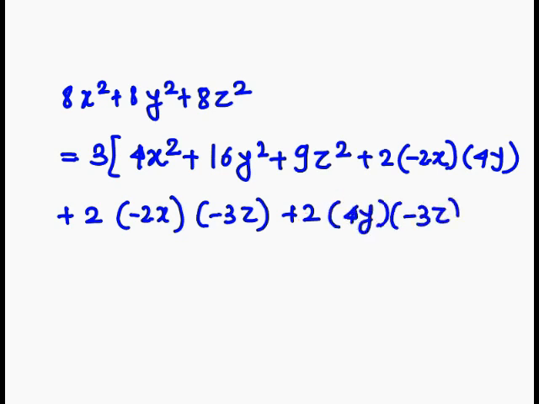So by simplifying only the right hand side, we get 3 in bracket 4x square plus 16y square plus 9z square